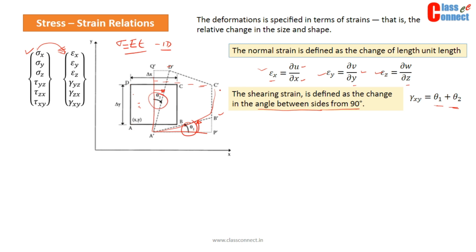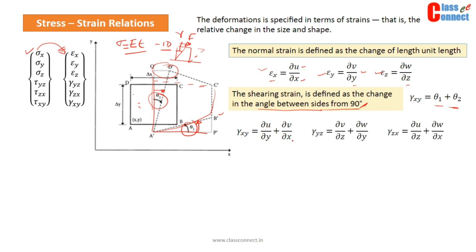So if theta 1 is 0, generally we get this type of figure in books, a very common figure, where you apply force here and this is the deformed shape and this is shear strain. But this doesn't give us the complete concept of shear strain, because shear strain is given by the change in angle from the 90 degree. So this is how we can find out shear strain. Theta 1 we can write as arc over the length, and theta 2 again as arc over length. Likewise we can write different expressions for shear strain for the 3D case.